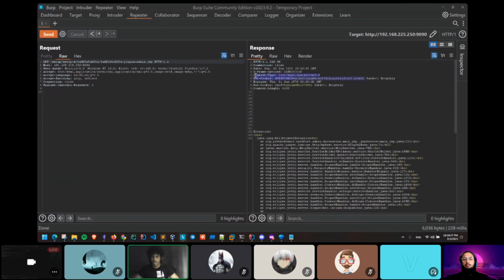And as we see, the application returns a cookie, which we can hijack and use, see the cookie and the